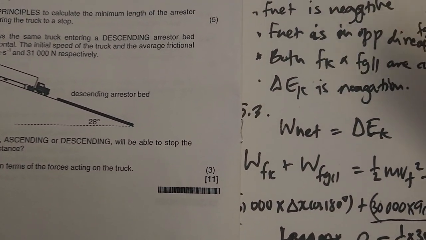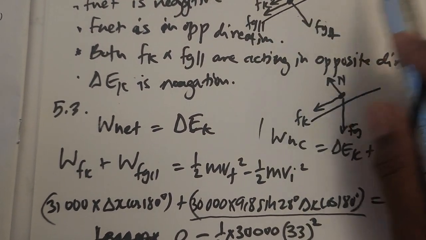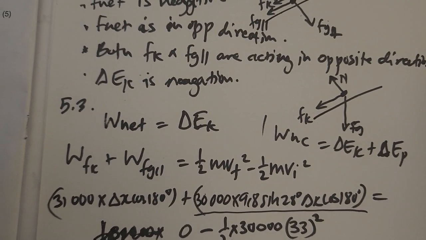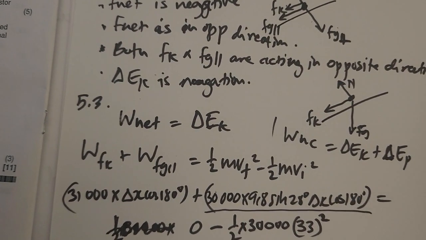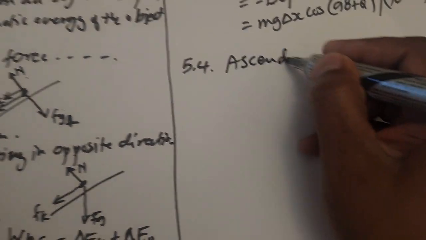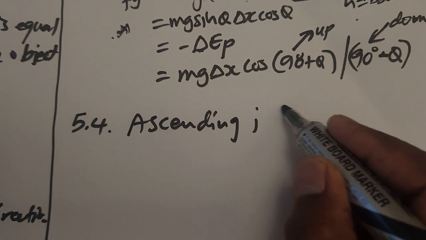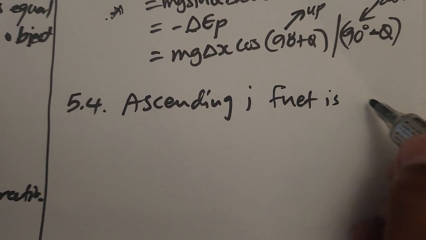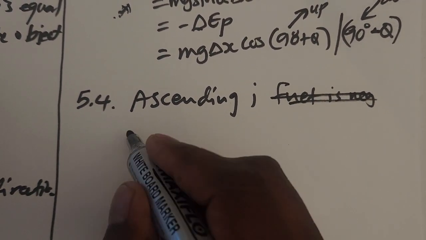As we said in 5.2, if the truck is going up this one, the F net will be negative. Meaning that if F net is negative on the ascending, because here now which one will stop, we'll have to choose that one first. It will be the ascending arrestor bed, obviously. Now the reason, you get 1 mark there. The reason will be that F net is negative,